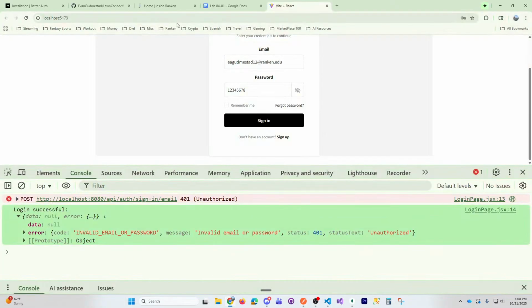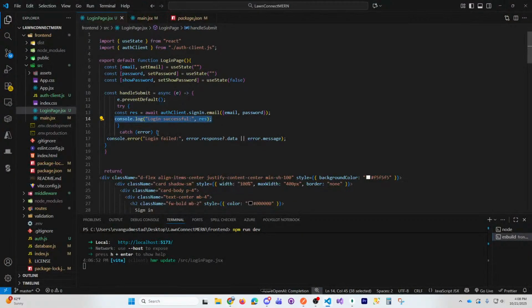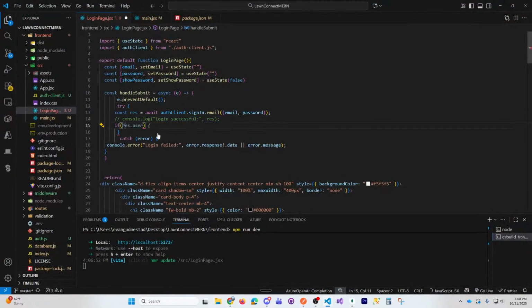I've got to write this better. So res.error, if res.error, or actually we